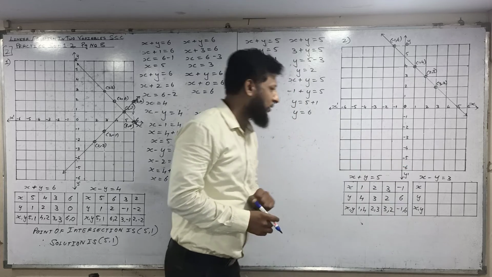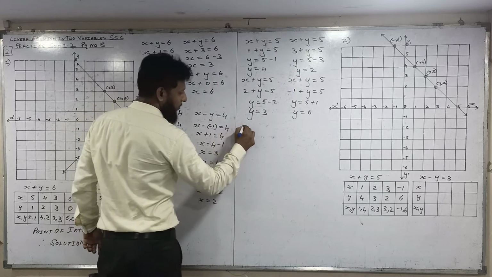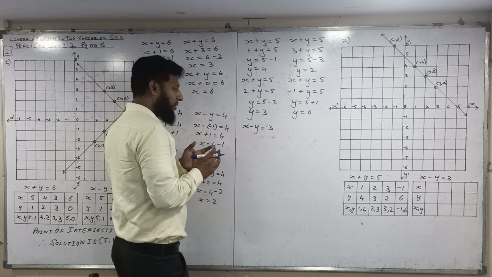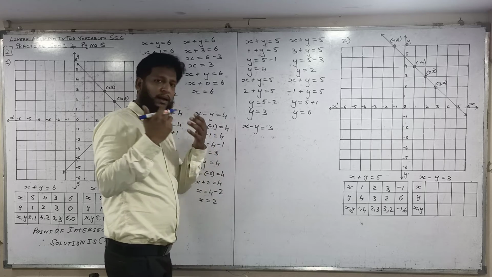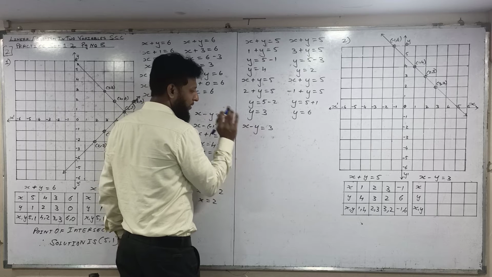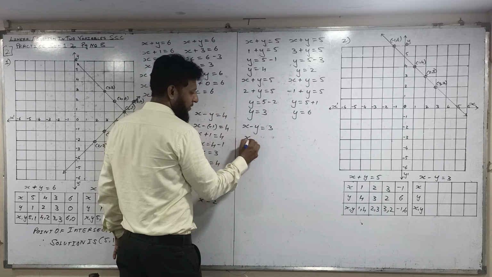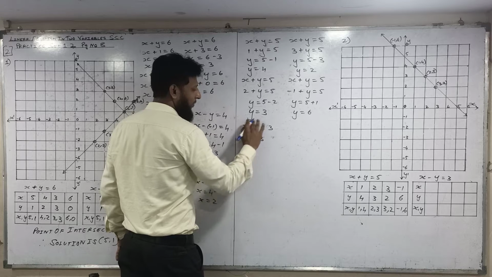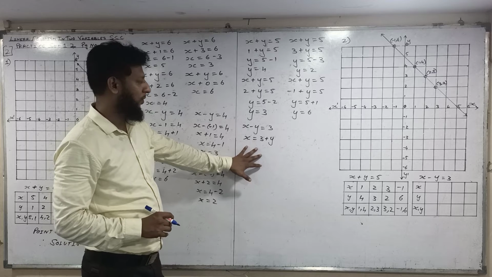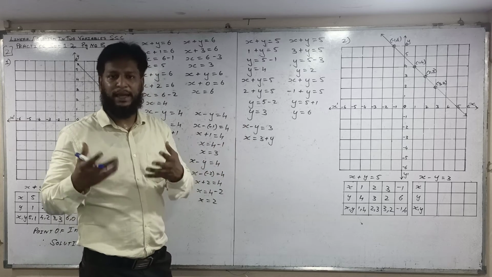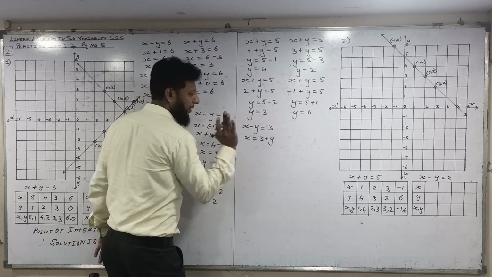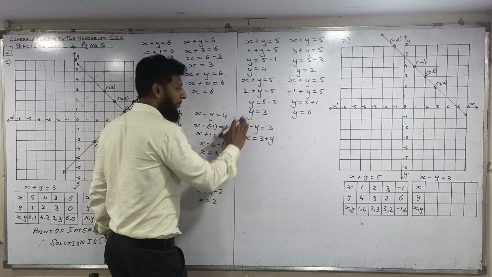Now we'll solve this one. x minus y is equal to 3. We can arrange the equation also, and then write the values. For example, x is equal to 3, y will go there and become plus y. So it will be more easy. Arrange the equation with x or y, then just solve for the value. Minus y will go there and become plus y. Before putting the value, I am arranging the equation.